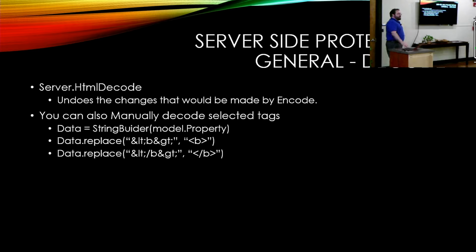The other thing you can do is write your own little routine that will take a whitelisted selection of characters, or, well, tags, and say, if I see this specific tag, I'm going to trust it. Now, if you do this, be careful,